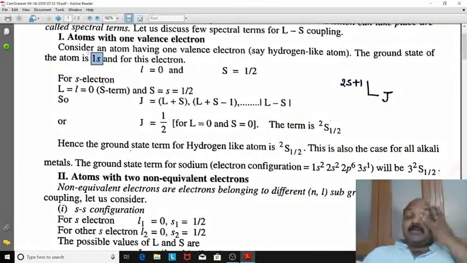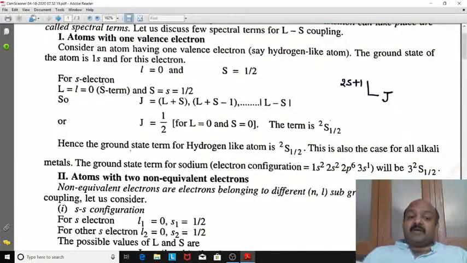As this is in s state, it is a single electron, so it will be in spin up state. So, small s, the spin quantum number, will be plus half. Dear friends, here it is written capital S. Actually, it is not capital S, it is small s, and it is plus half for spin up state.